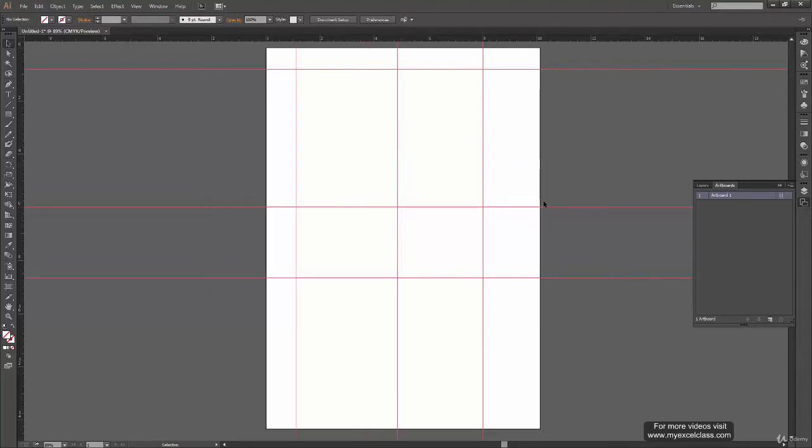Now if you want to move multiple guides, what you can do is just click and drag. So you can see there is a rectangle following my cursor. Now if I release the mouse over here, then whatever is included in this rectangle, here we have three vertical guides which are inside this rectangle, all these three guides will get selected.